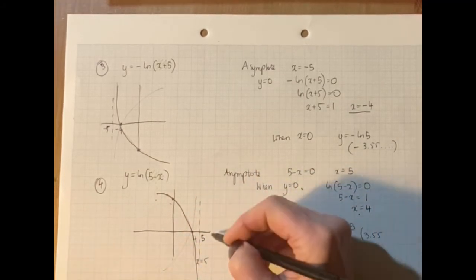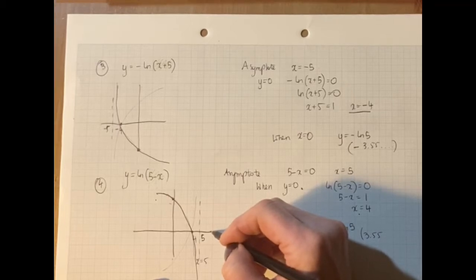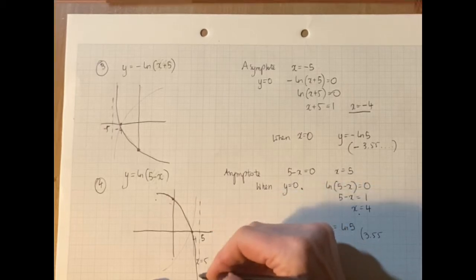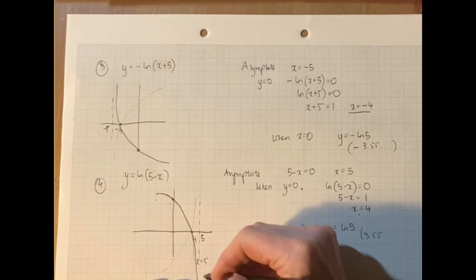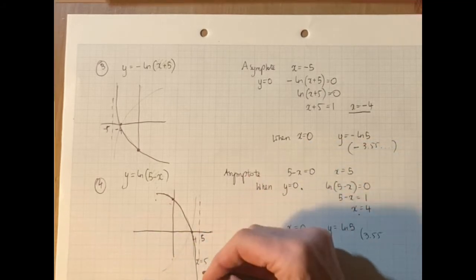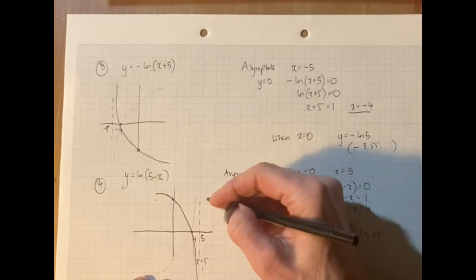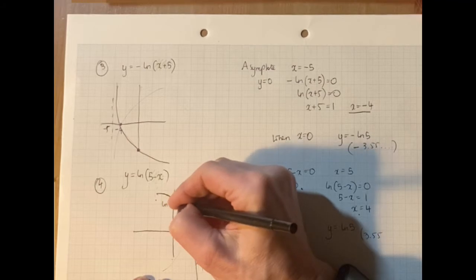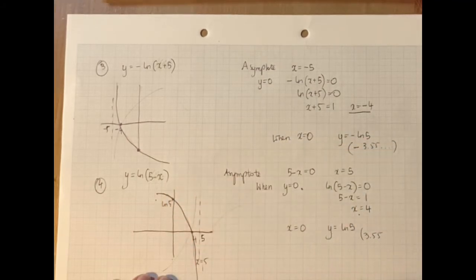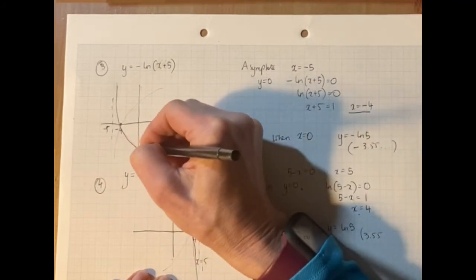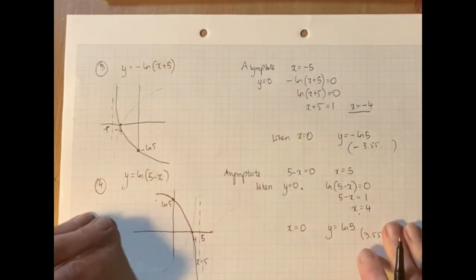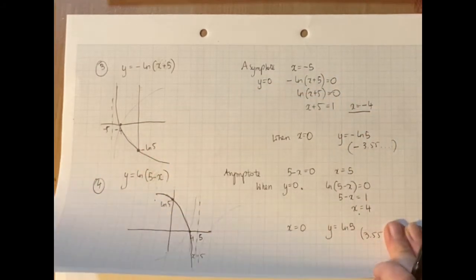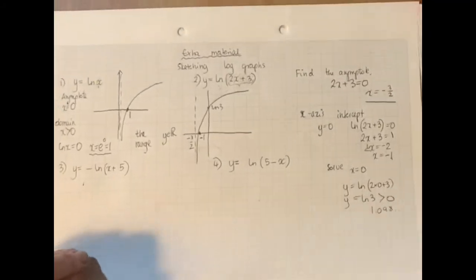If you had a graph that cuts the x-axis here and the asymptote is over here, then find another point. So sub another value of x to identify whether the graph will go like this or like that, because you won't have the y-axis to consider. And this one was minus ln 5. There you go. So that was a natural logarithm. So let's have a look at